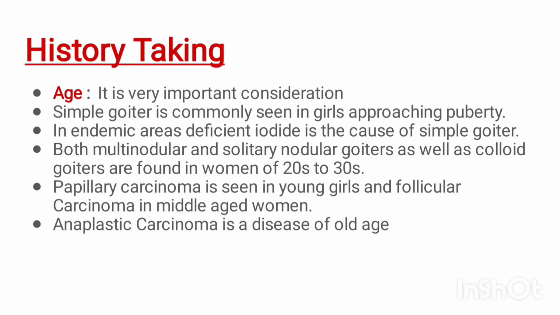In history taking, age is the most important factor because different types of thyroid cancer develop at different stages of our life. Multinodular and solitary nodular goiter as well as colloid goiters are found in women in their 20s to 30s, and papillary carcinoma is seen in young girls and follicular carcinoma is seen in middle-aged women. Anaplastic carcinoma is a disease of old age. So by knowing the age of a patient, we can guess a diagnosis about thyroid cancer, whether it is multinodular,